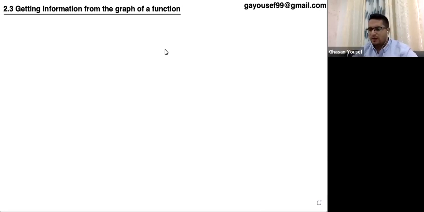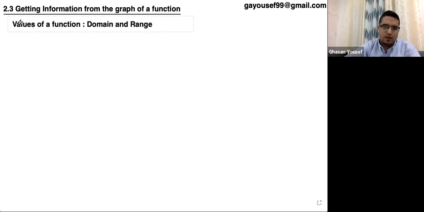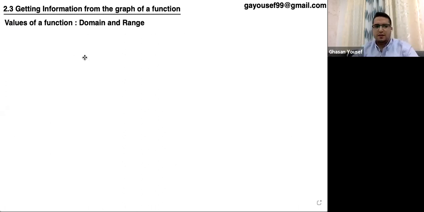So first of all, we have to know the values of a function, like domain and range. So in the book, they start talking about this part of the section by giving examples. So the example is